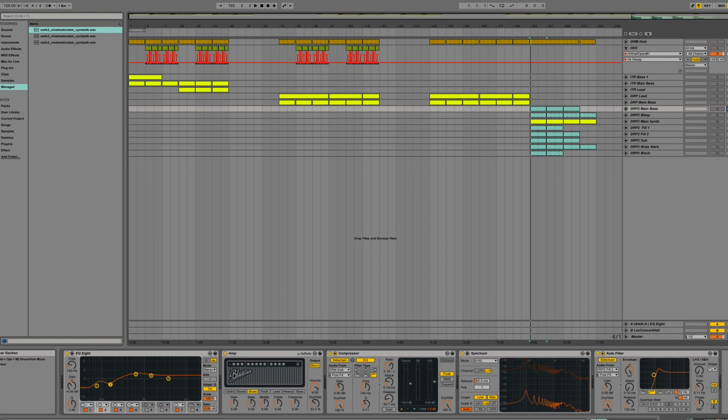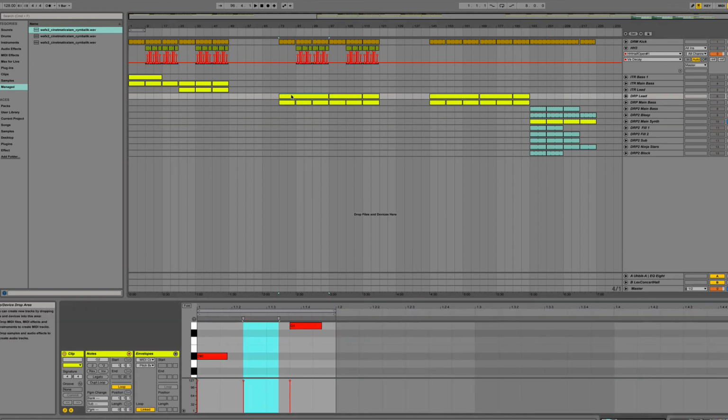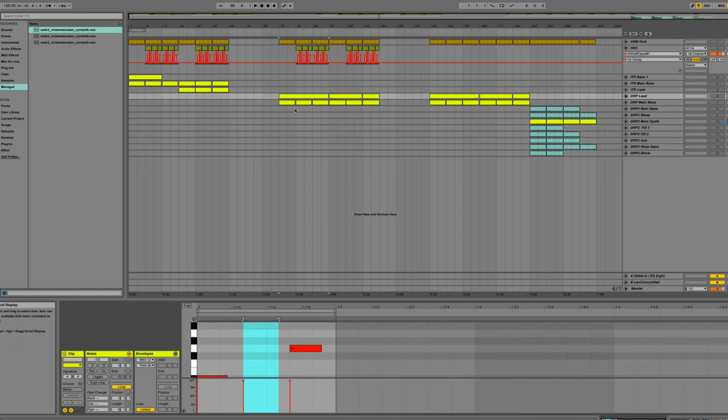Then we have the main synth, and this is playing the same notes. Oh, actually there is one thing. The thing that does change is the notes. I forgot, the lead note changes. So the patch doesn't really change, but the notes do change. Not on the bass,